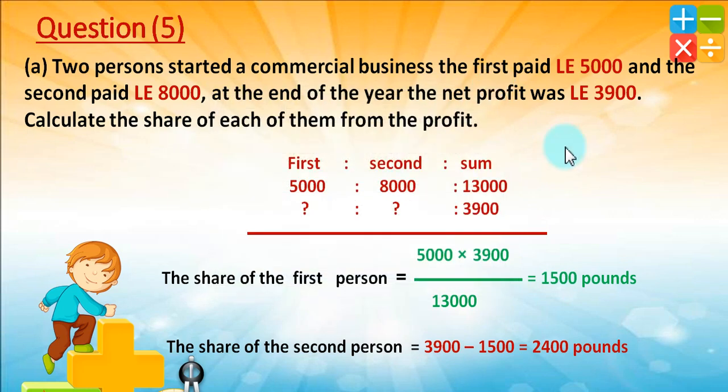So 1,500 pounds is the share of the first one. What about the share of the second one or the second person? We can subtract the share of the first person from